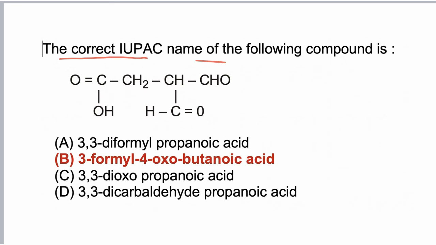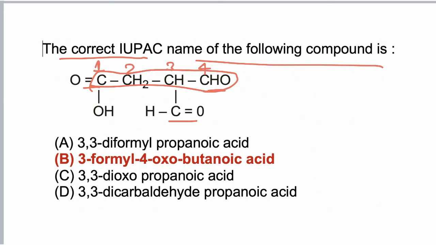The correct IUPAC name of the given compound. So first we have to find principal functional group. Now aldehyde and acid both are present, but according to priority order, acid is having higher priority over aldehyde. So carbon of acid group is given first carbon. Now we have to select main chain. Now main chain is having 4 carbon. If any carbon containing functional group is present as substituent, then normally its carbon is not included in main chain. But if it is aldehyde, then we can include its carbon in main chain. So now main chain is of 4 carbon.